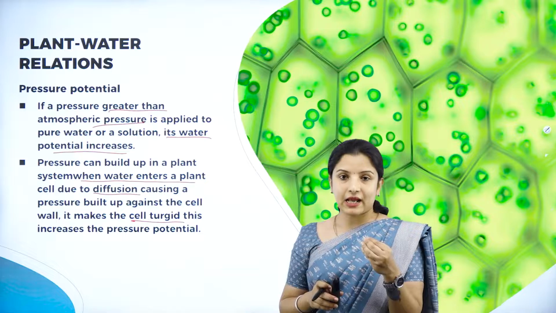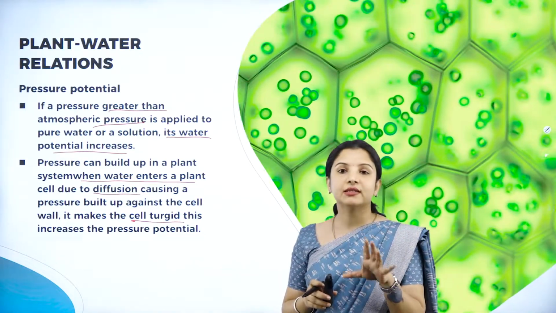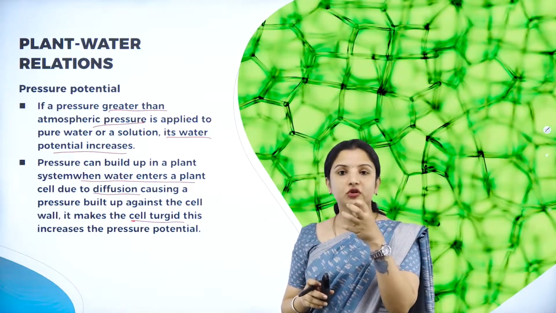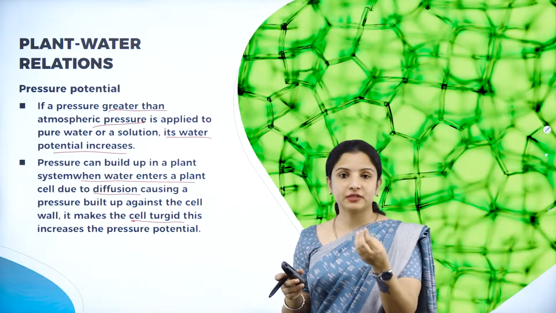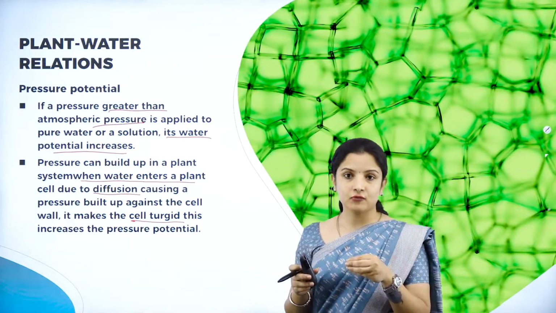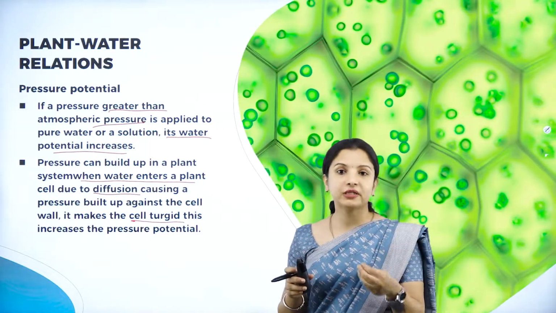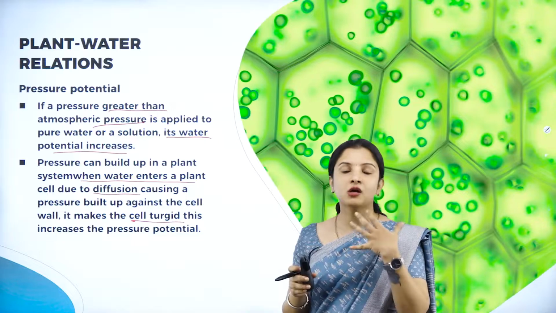If it is a plant cell, then the turgidity is good. Why? Because plant cells have a cell wall, right? So if plant cells absorb water under pressure, they will not burst open because of the presence of a very rigid cell wall. But it is not the same for an animal cell. Say, for example, the RBCs or red blood cells, if they take up too much water under pressure, what happens?